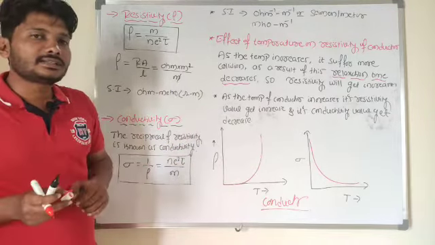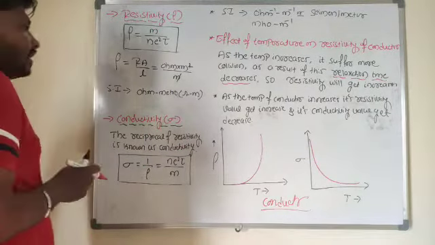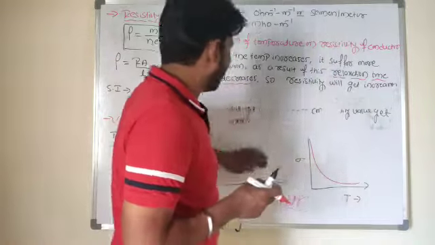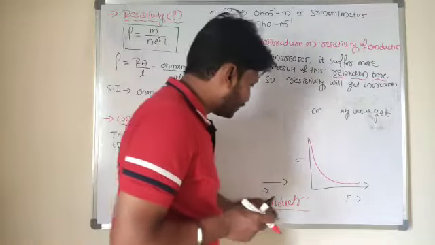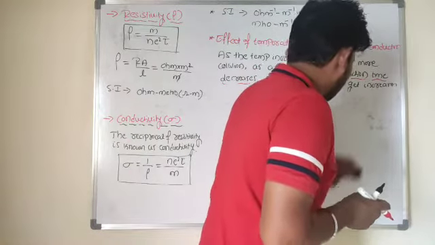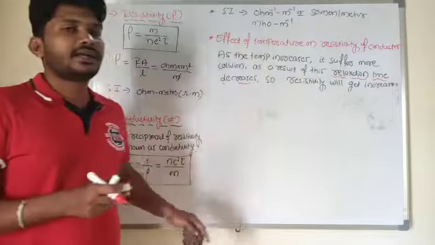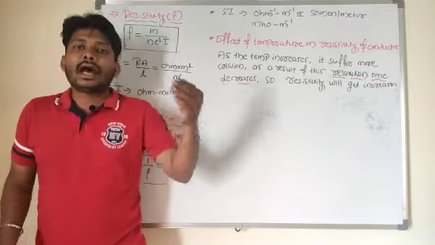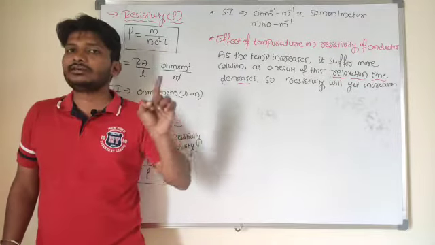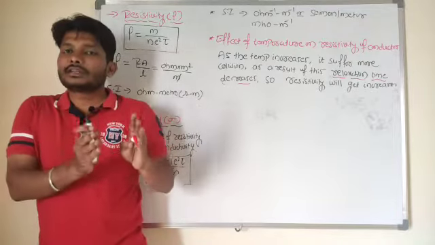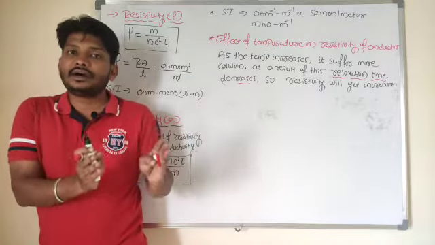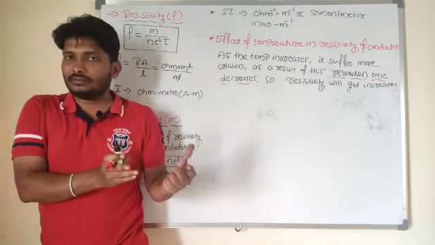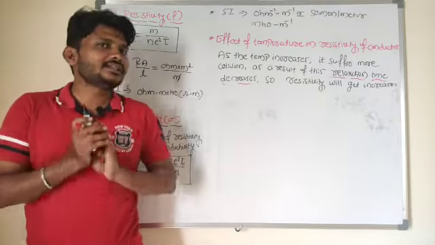So then what about in the case of a semiconductor? Is there any kind of free electrons? What are the examples of semiconducting material? Germanium and silicon. In the case of semiconducting materials at low temperature, there are no free electrons. So it means that at low temperature, semiconductors behave as an insulator. Why? Because a semiconductor does not contain any kind of free electrons at low temperature. If the material does not have free electrons, it acts as an insulator.